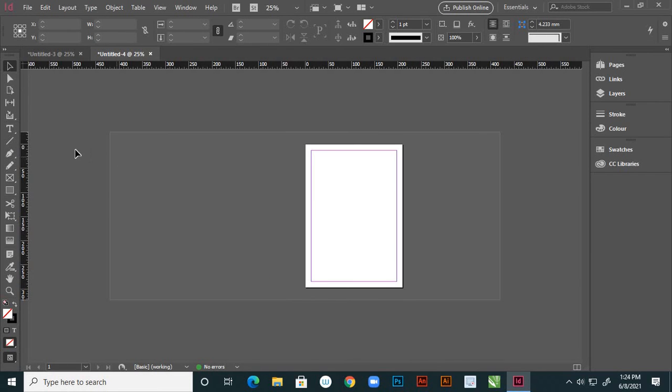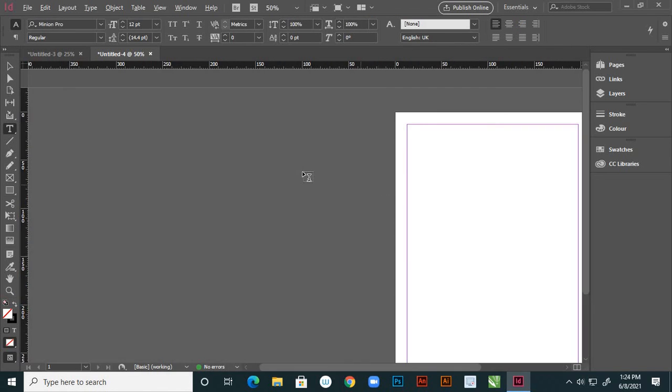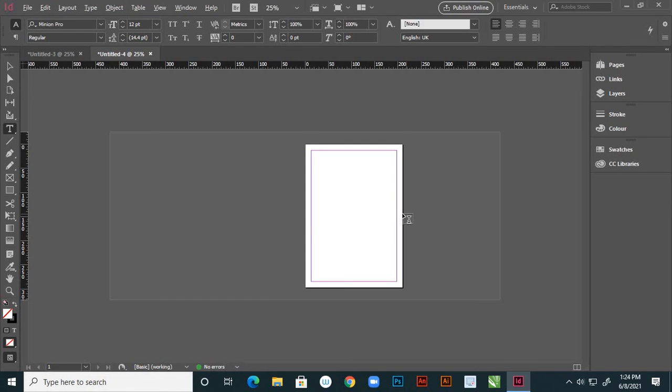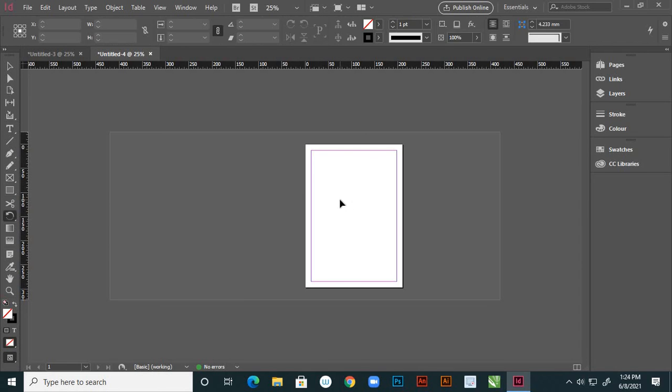Yes. The next one is the type tool. Type tool what? To type text. Generally in Illustrator and Photoshop, after choosing the text tool, just click here and type. Easily you can type with the text tool. But here in InDesign, you cannot type the normal way, right?